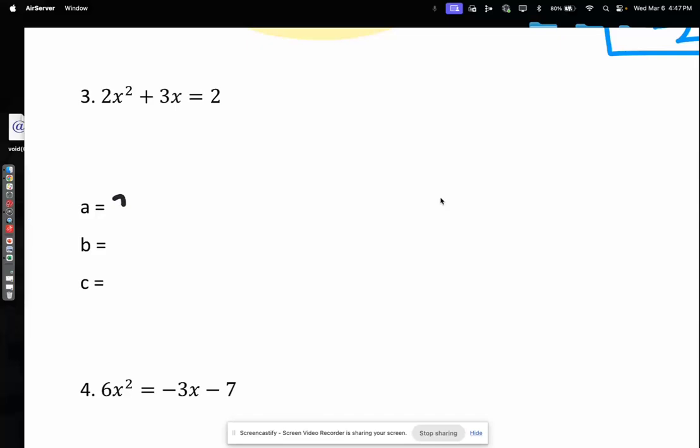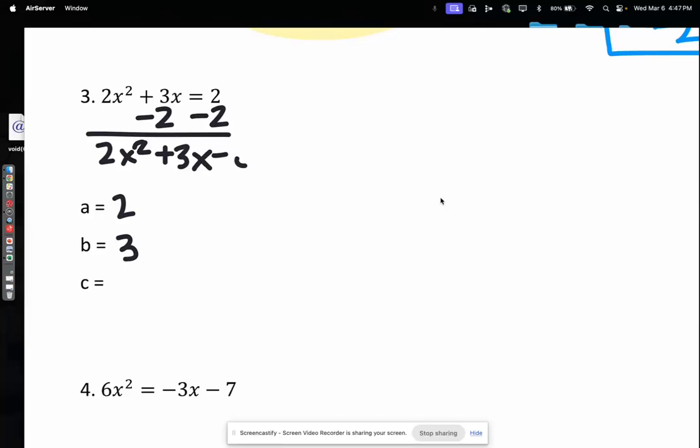So my A is 2 and my B is 3. But look, this is not equal to 0. I'm going to have to move my 2 over to make that in standard form, because you don't want to mess with anything until it's equal to 0. Because what we're doing there, we're saying y is 0. That's why we're finding our roots, x-intercept, solution, zeros. So now we can plug this in. Remember, always, whatever b is, you're going to change that sign. -b plus or